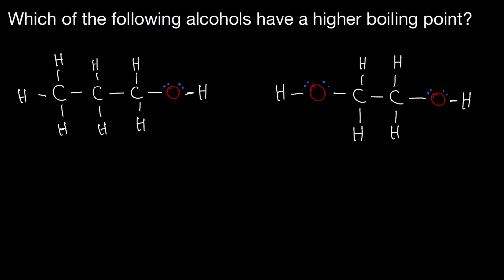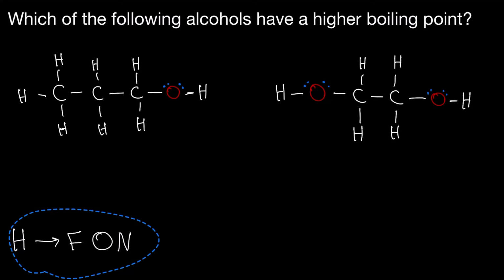So hydrogen bonding occurs when hydrogen bonds with fluorine, oxygen, or nitrogen. So the acronym is that hydrogen likes to have fun, which is FON in this case. Now the reason why such a bond, which we do have right here, increases the boiling point so much is because the electronegativity value of hydrogen is 2.1, and the electronegativity of oxygen is 3.5, meaning that